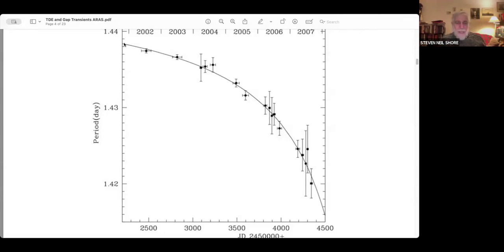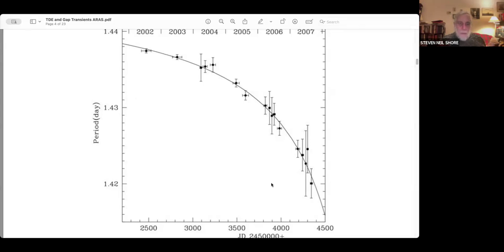Between 2002 and 2005, this period changed by almost 1% of a day, and it was accelerating. Now, this indicates that the angular momentum of this system was rapidly being dissipated, and that